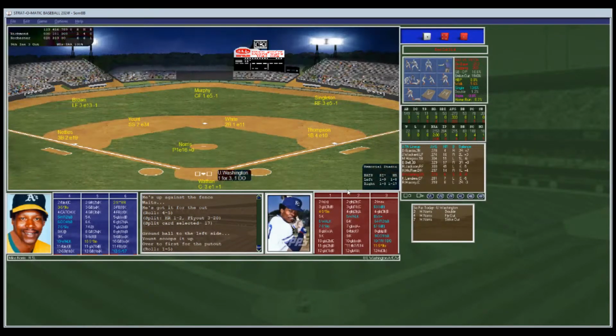Rochester, 6 runs on 6 hits and 1 error. The Richmond Braves, 2 runs on 4 hits. Let's take a look at our stat line. So the Braves go to 0-1, Red Wings 1-0. Norris wins it. It's going to be a lot of that. He gets the lineups he wants. He will be very tough in this league. 9 innings, 4 hits, 2 runs, 2 earned, 3 walks, 4 strikeouts. Langford, 8 innings of work, 6 hits, 6 runs, 6 earned. He stayed in there, took the damage. 2 walks, 3 strikeouts. And he'll lose it.